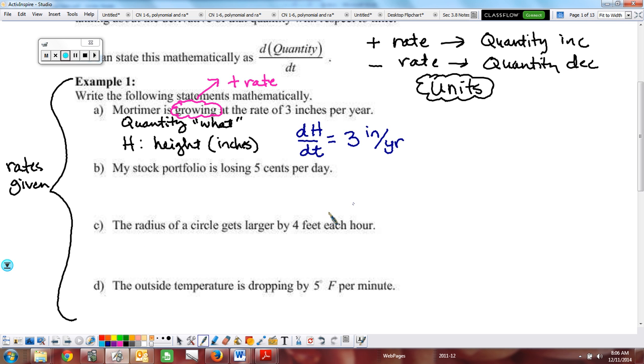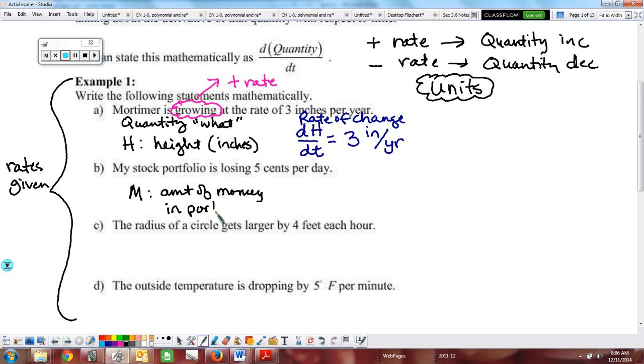So when you look at your second example, this is our rate, aka our derivative rate of change. All right, so we'll go to the second one. Your stock portfolio is losing 5 cents per day. All right, what is losing 5 cents per day? Your portfolio. It doesn't really matter what you call it. It's the money in your portfolio. You just have to identify a variable. So let's call this M for money, and we'll just say amount of money